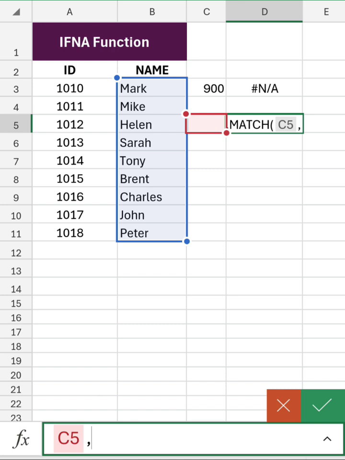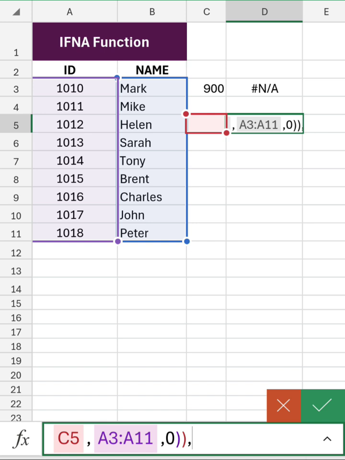So it's gonna be here in A3 to A11. Okay, got it. Then again, I'm gonna put 0 for exact match. Then double closing parenthesis, then comma,